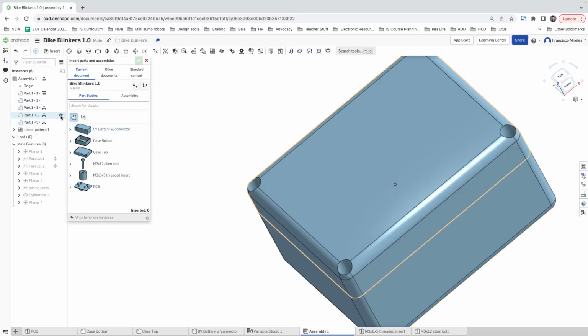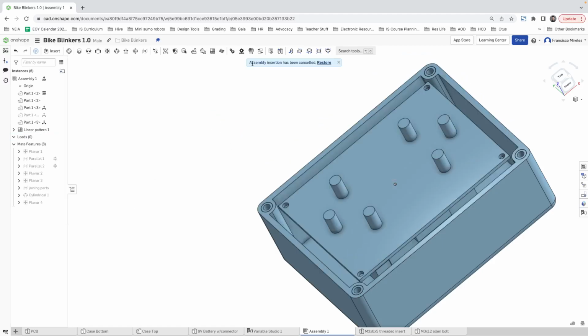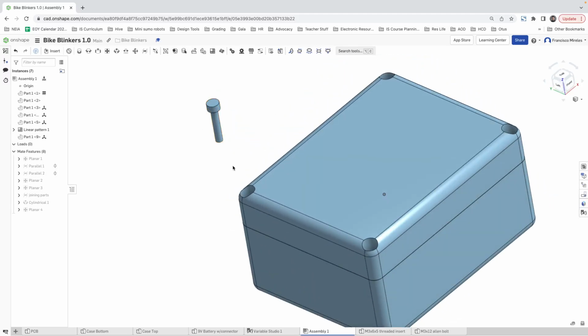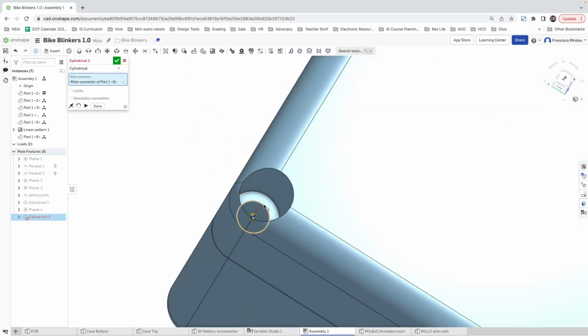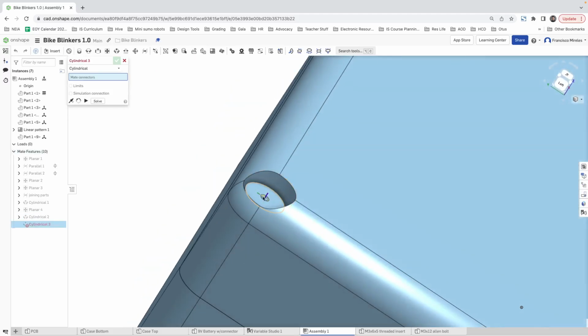Let's make this one visible again. Let's bring one of these bolts. Oh, yikes. There we go. Awesome. Now, linear pattern. Well, no. First off, let's make these in place. There we go. And now something we have to do